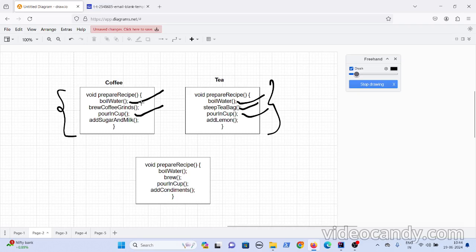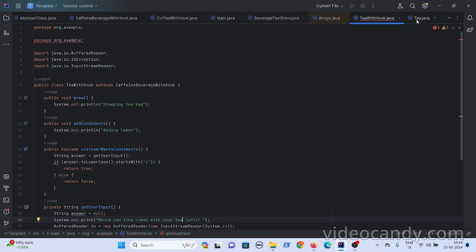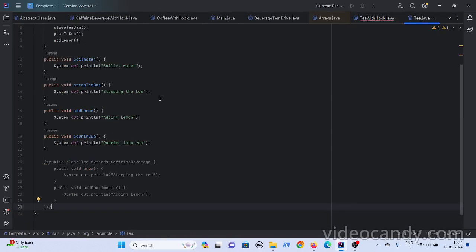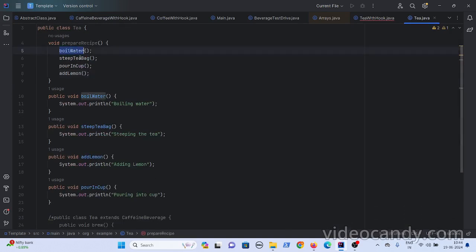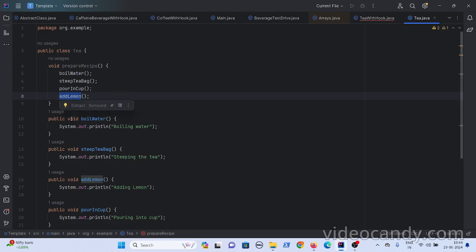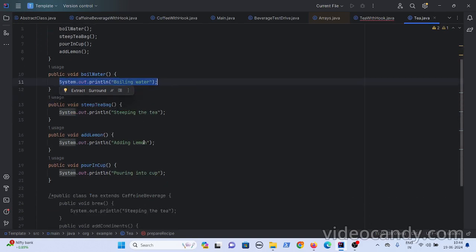Now my tea class looks like this: boil water, then steep tea bag, then pour in cup, and then add lemon. For each method you will have its implementation; here I just wrote the method names.